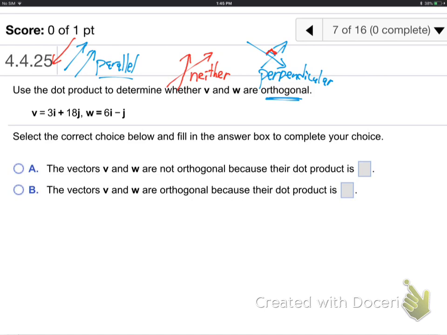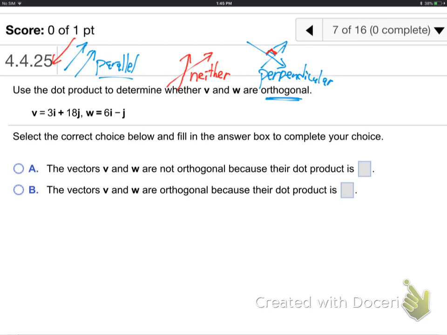Or somewhere in between, like those weird streets, like Toll House Road, how it kind of goes off diagonally. Some weird streets go off at an angle. They're not exactly 90 degrees. So that'd be a neither case. All right, so that's what they're going to start asking us. How do you know, if they give you a couple vectors, if those vectors are parallel or perpendicular, called orthogonal,